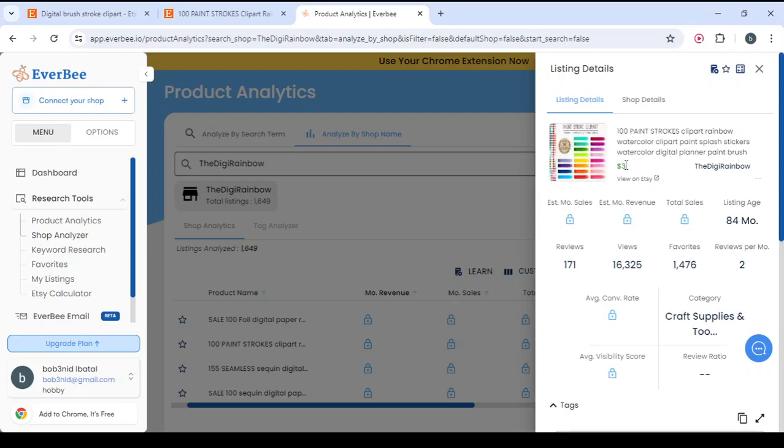So here the product costs $3, created 84 months ago, and these are the reviews per month, and based on the reviews we will be able to guess the monthly sales. So here, every 4 people that buy the product, 2 of them, always half of the people that buy the product leave a review, which means we will just multiply the reviews by 2 and it will give us the amount of sales. So here, 2 reviews per month, which means 4 sales per month, and these are the total of the reviews, which means